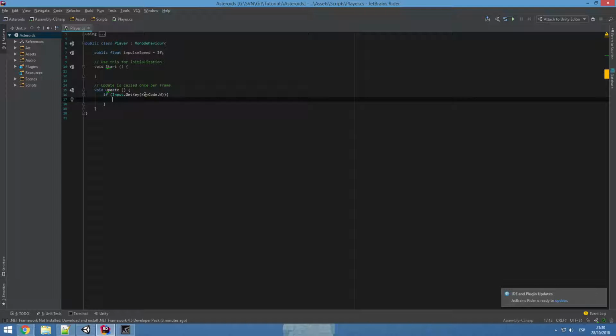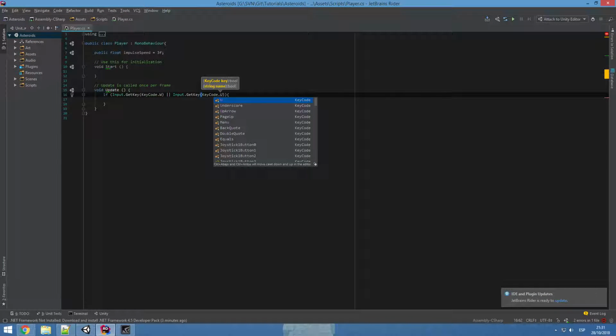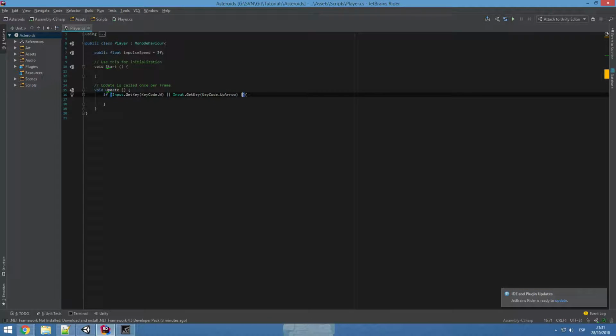Now, look at this part, KeyCode.W. The problem with this is that it will only work with that key. Sometime after that, you may want the player to impulse the ship with the up key as well, or maybe even support a controller. And we will have to put something like Input.GetKey KeyCode.W, or Input.GetKey KeyCode.Arrow, and so on. We could avoid this by simply typing